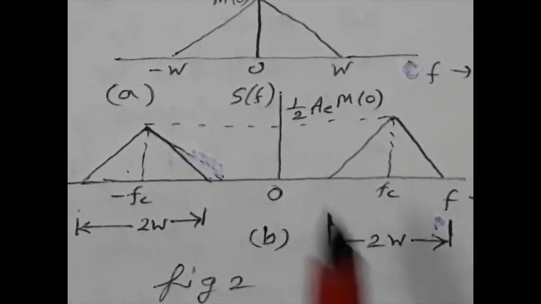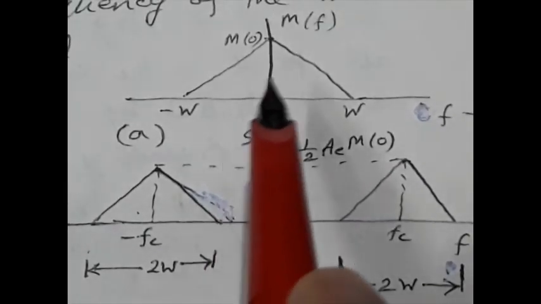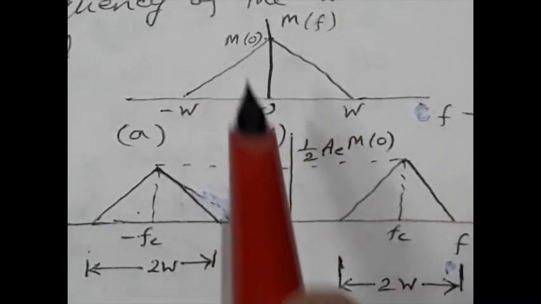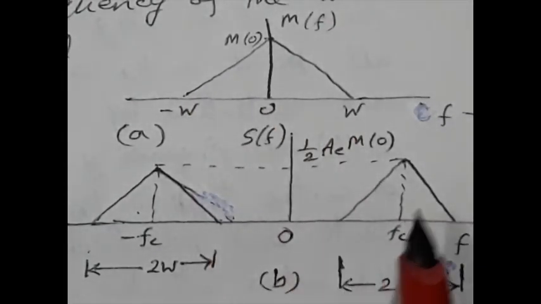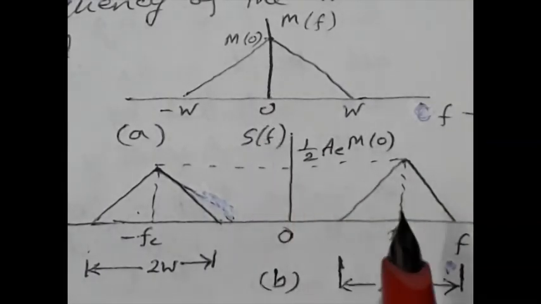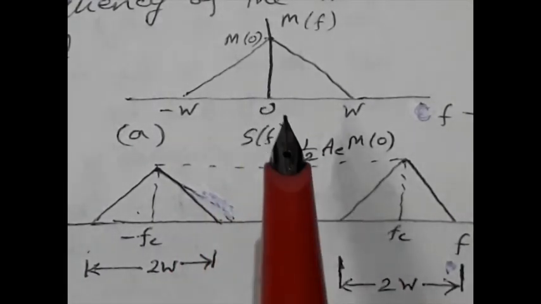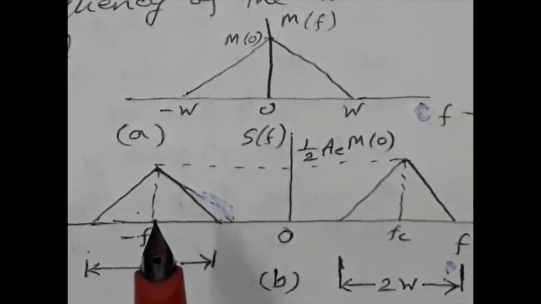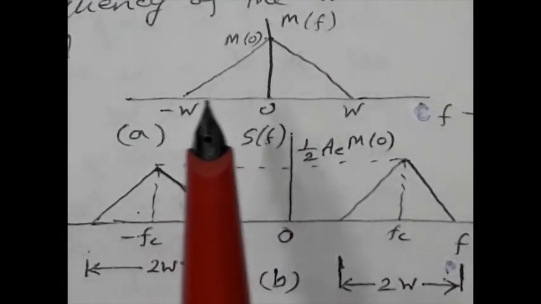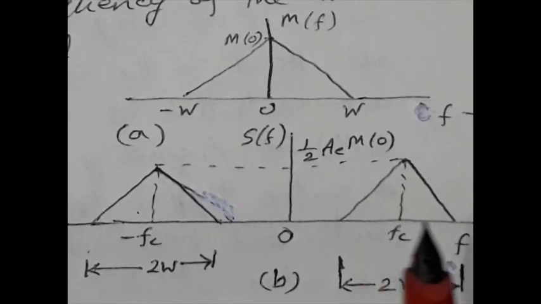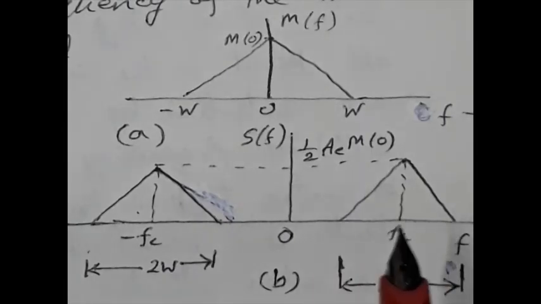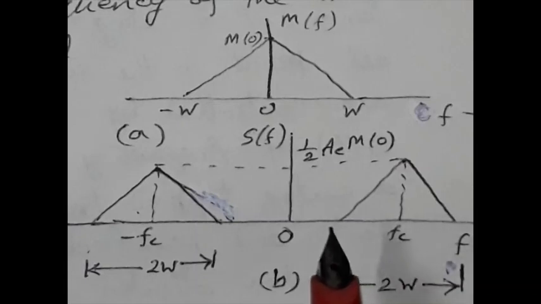will be this M(f) shifted by amount fc. The same M(f) will be shifted by amount fc, so it will be shifted to plus fc as well as minus fc. So the total bandwidth, the maximum value will be fc plus W, and the minimum value will be fc minus W. So total bandwidth is twice W,